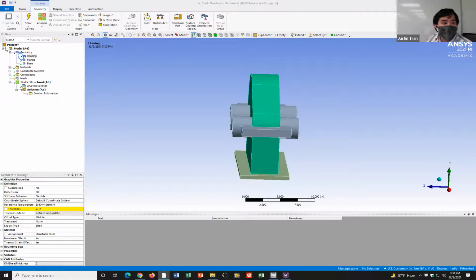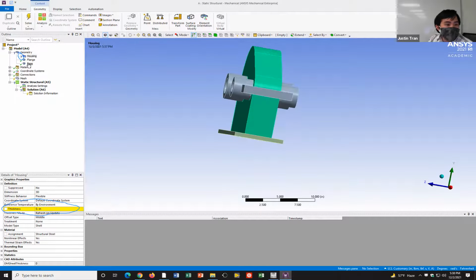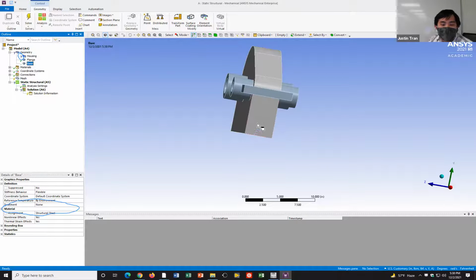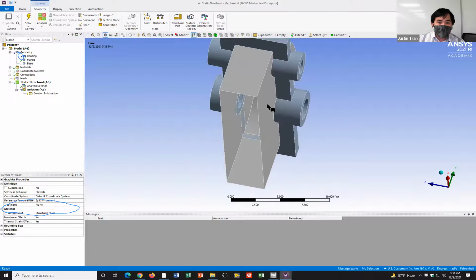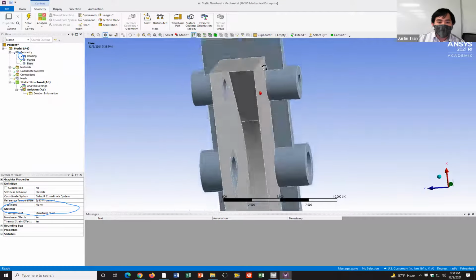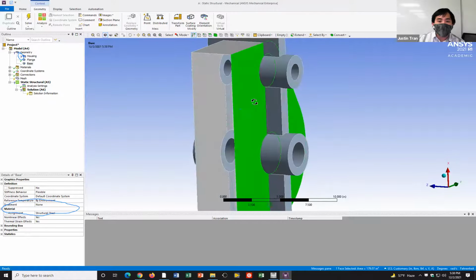Okay. And if you click on the housing here, you can see that there is an entry here, which is highlighted in yellow, which is the thickness of the housing. And you're probably wondering, why do we need to set the thickness for this guy, right? Well, let me go ahead and hide the base right here, and I can show you why. Silly me, I got the keyboard down here. If you hide the base, you can see that the housing here is actually a shell model, right? You can see that it's been made really, really thin. And so it's effectively like a 2D surface.